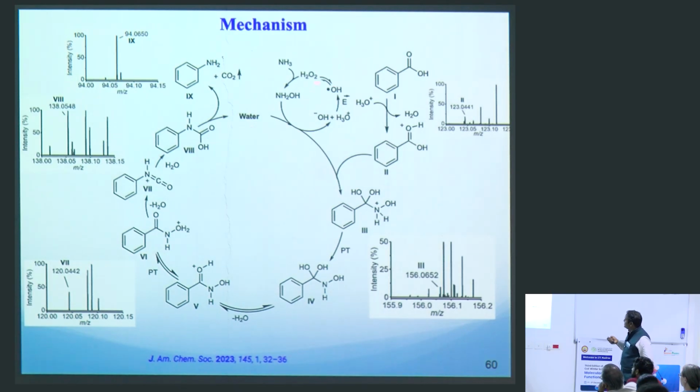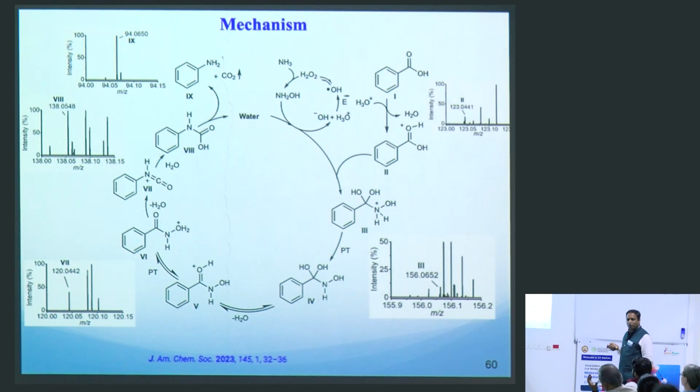So what happened first: when we take the water, it forms hydroxyl radical, hydrogen peroxide, and then ammonia adds and forms hydroxylamine. This hydroxylamine, which is highly nucleophilic in nature, adds to the benzoic acid and forms this acetal-type compound, because the acid is electrophilic in nature. Now it adds here, and then we get the acetal, and then proton transfer, followed by formation of this type of amide,